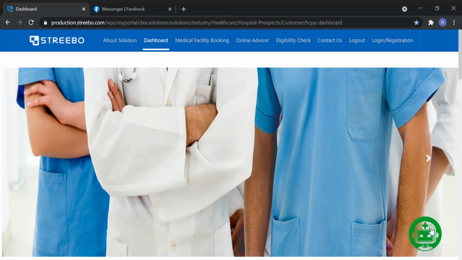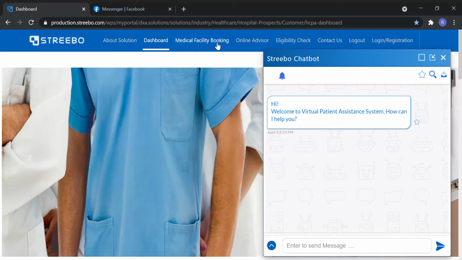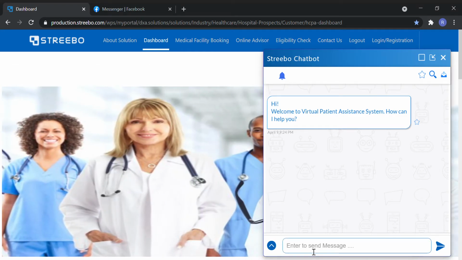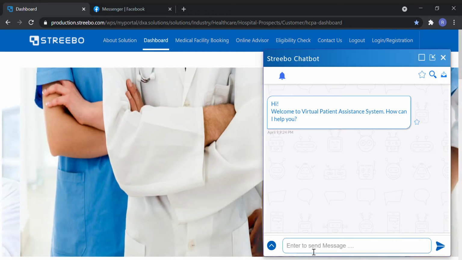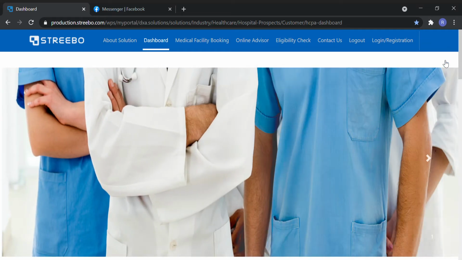We have integrated a chatbot. The main advantage of this chatbot is that there are many functionalities which the user might find difficult to reach through the facility. So we have included this chatbot so that the user can type what he wants or the keywords through which he can find all the facilities right there in one place. So I will show you the demo.